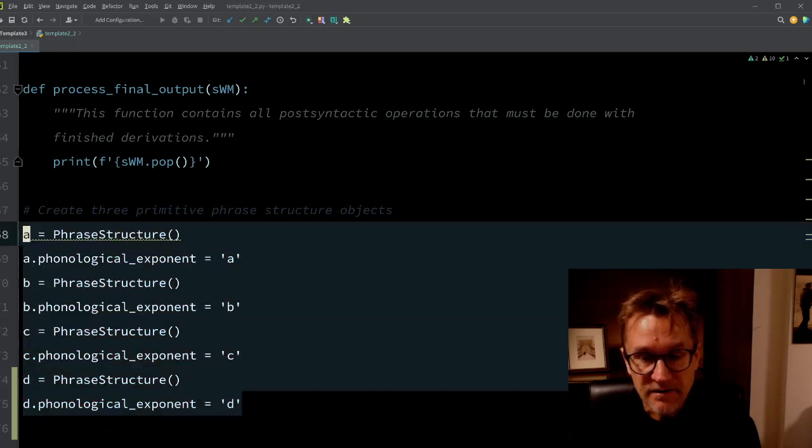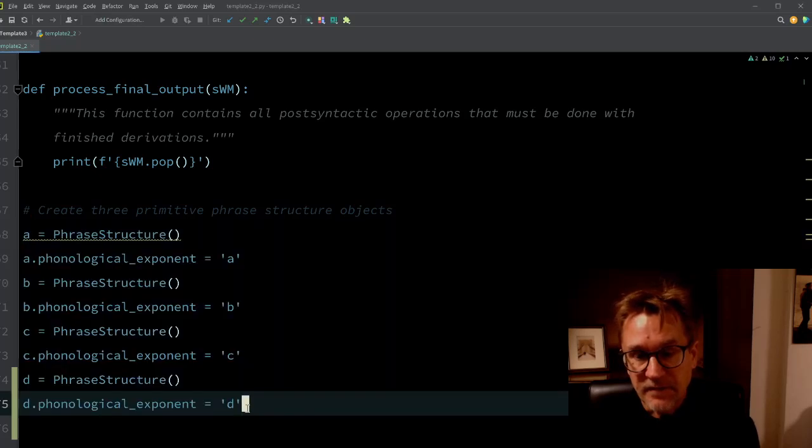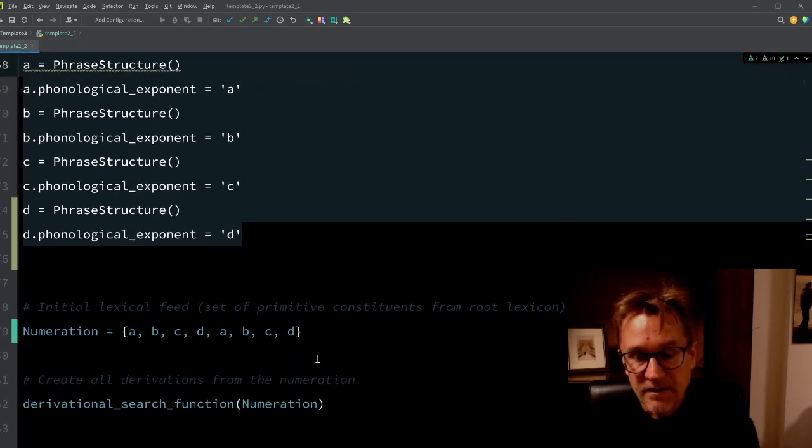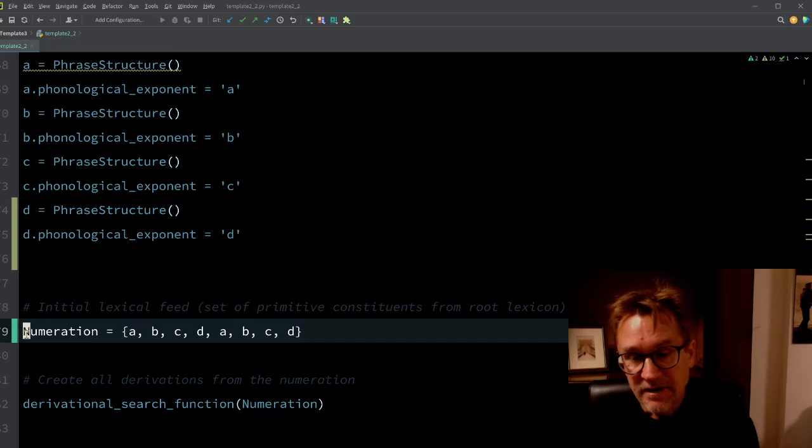So first, in this case, we create 4 primitive phrase structure objects that will correspond to the lexical items, and they are simply artificially named A, B, C, D. They don't have any other content, and they are not supposed to be linguistically realistic. And if you want to run the script with, let's say, 10 elements, you can simply add them here by using the same formula. Then we create the numeration, and now for some reason I have added a huge amount of,